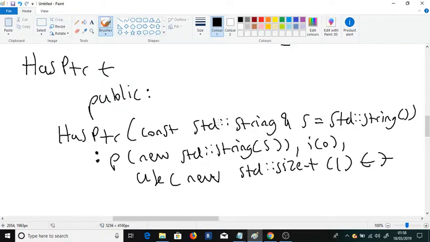To provide pointer-like behavior would mean that both instances would point to the same location in memory. But there's a potential problem: if the destructor were to just free the memory unambiguously, then the object in the outer scope would point to invalid memory, such that any attempt to dereference its underlying representation would lead to a program crash. And so consequently, we need some kind of mechanism to keep track of how many different objects point to a particular location in memory. And so the way that we do that